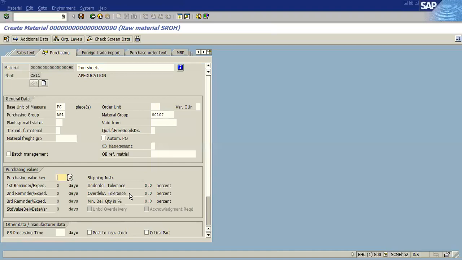That is why you give the under delivery and over delivery tolerance. Understood? Suppose your purchase order is for 10, but he delivers 12. In that case, you can't accept it because it is beyond your over delivery tolerance.